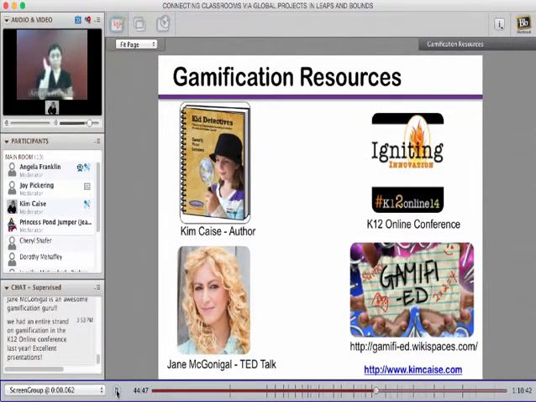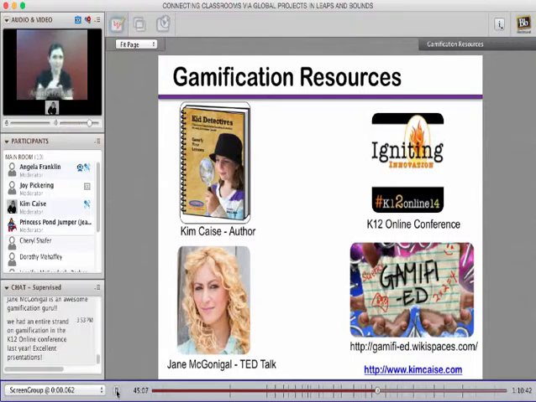You can research all of the past conferences, and there are several on gamification and ways you can get started in your classroom. You don't necessarily need to use web conferencing, but that is one way you can get started.